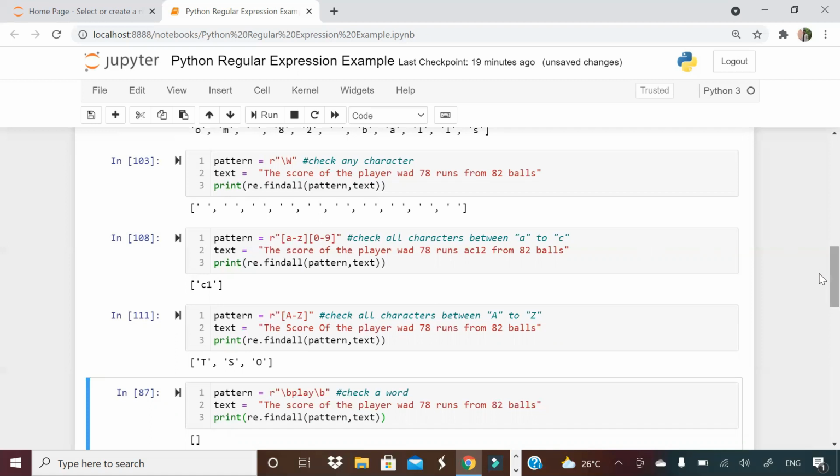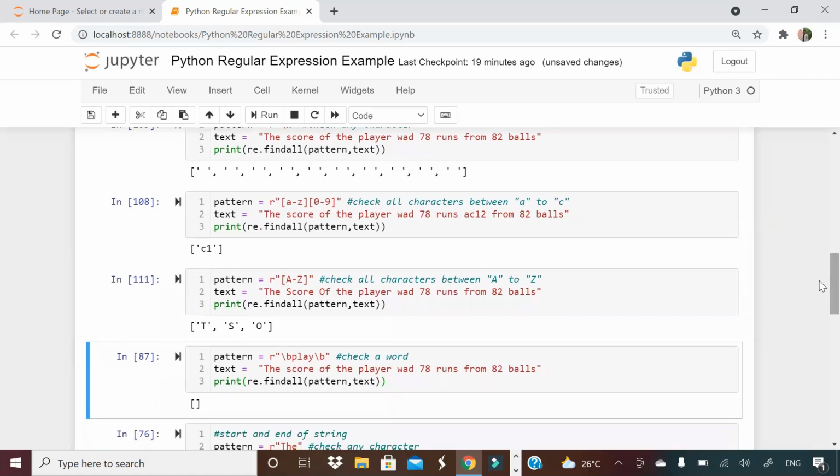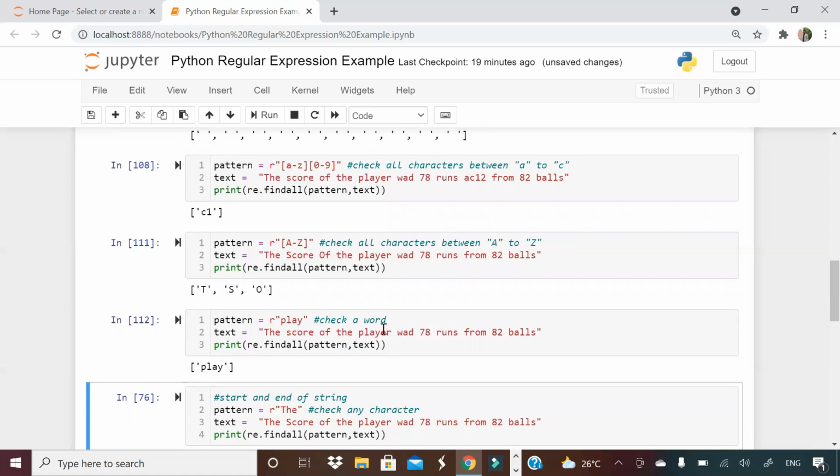Next is, how do you check occurrence of a word in a string? For example, here there is a player. Suppose I want to find out the word play. I told you what a word boundary is, right? So let's see the difference without word boundary. I want to check the word play, but I do not want to check the word player. But this play is coming out from player only. So I need to give word boundary here. Let me give word boundary and it will not give me anything. And if I write here a word called play, then it will give me that word.